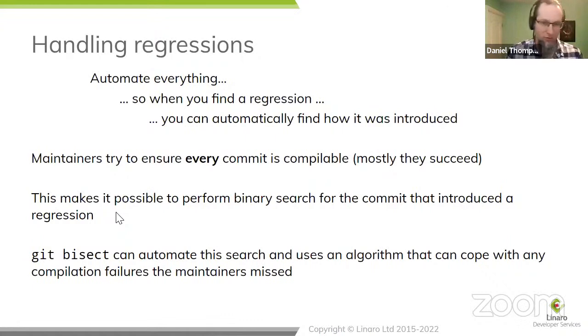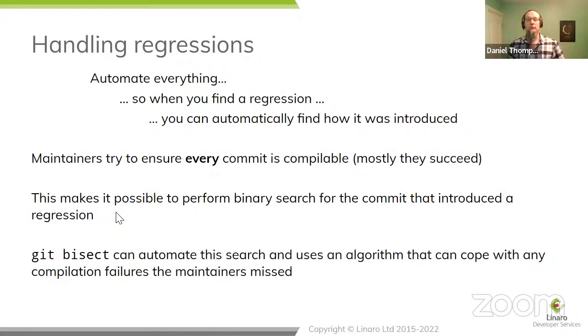It can require you to persuade your manager to buy you a power delivery unit that can turn the board on and off so you can reset it no matter what state it gets into. You might just have a relay attached to a reset line. It does depend on the sophistication of your board and how easy it is to re-provision it and rerun tests. The reason for this is, I've mentioned before in previous weeks that maintainers work hard to make sure every commit is compilable, and mostly we succeed.